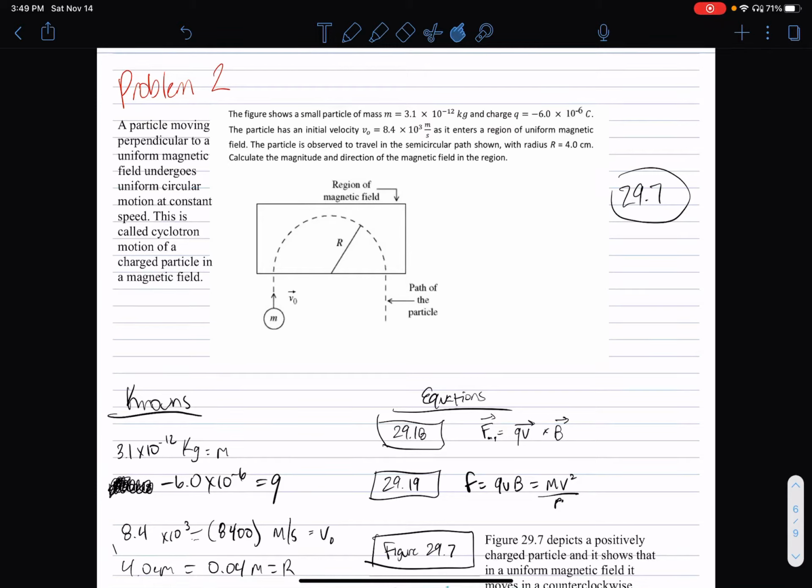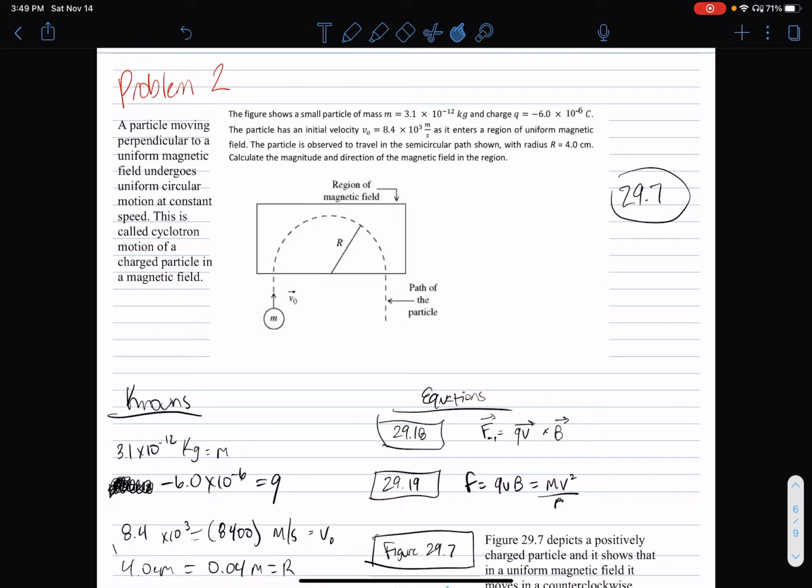I chose to do the video solution for problem 2. Problem 2 states the figure shows a small particle of mass m equals 3.1 times 10 to the negative 12 kilograms and charge q equals negative 6.0 times 10 to the negative 6 coulombs. The particle has an initial velocity of 8.4 times 10 to the third meters per second as it enters a